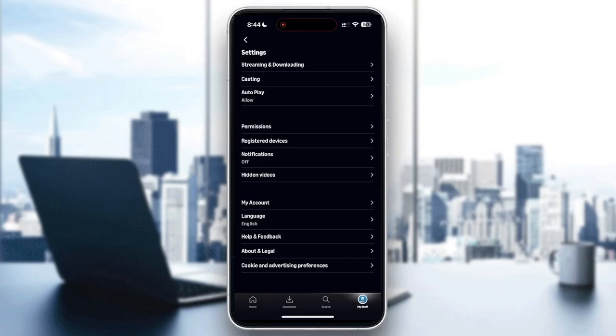You will notice improvements. Okay, so this is it, guys, how to delete watch